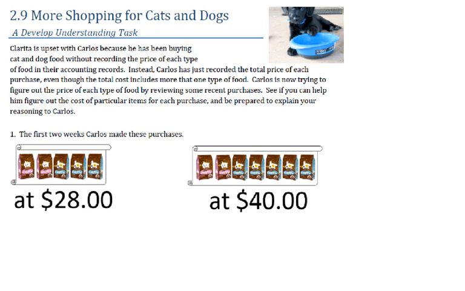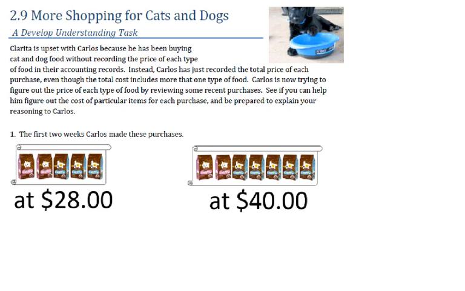Alright, let's take a look at 2.9, more shopping for cats and dogs. So, Clarita is upset with Carlos because he has been buying cat and dog food without recording the price of each type of food in their accounting records. Instead, Carlos has just recorded the total price of each purchase, even though the total cost includes more than one